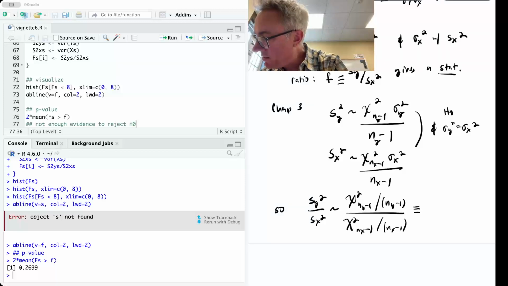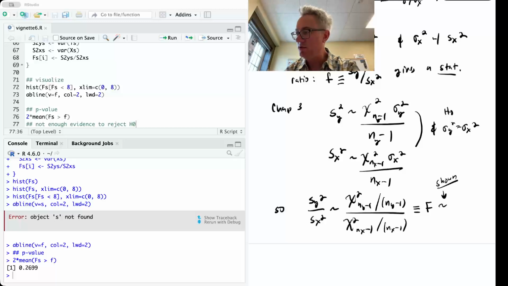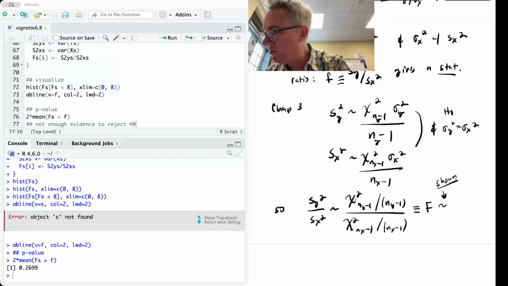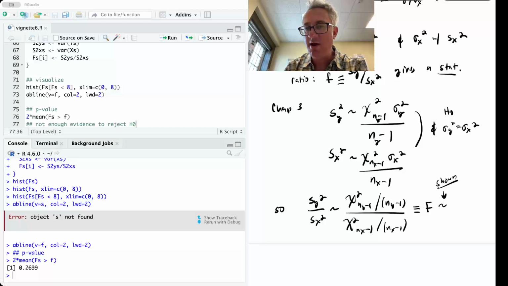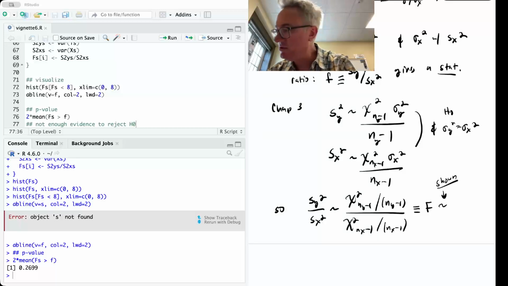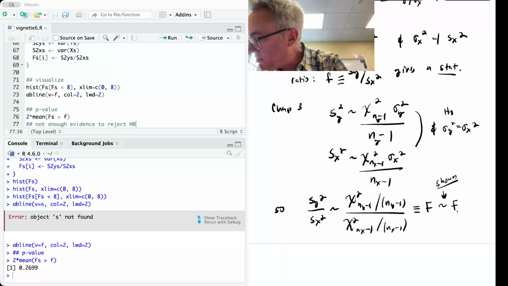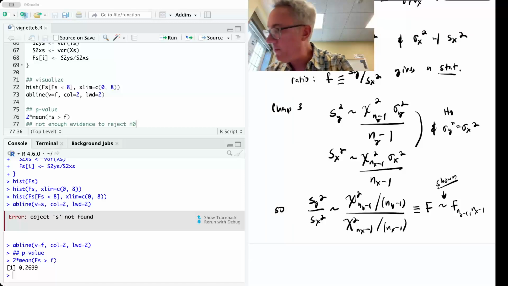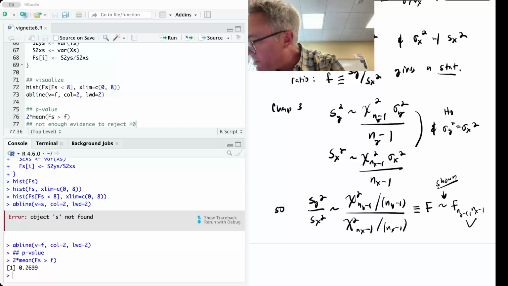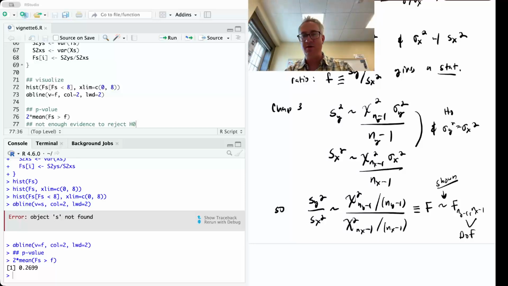This thing is called an F statistic, and it can be shown. I'm not going to show you because that's not easy to do. You can take that as a definition if you want, that a ratio of chi-squared random variables has a distribution called F, which is notated by the two parameters nx minus 1 and ny minus 1 as their degrees of freedom. So we can use an F distribution to calculate this